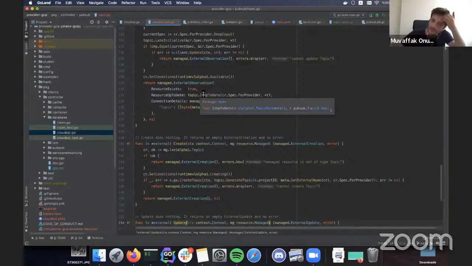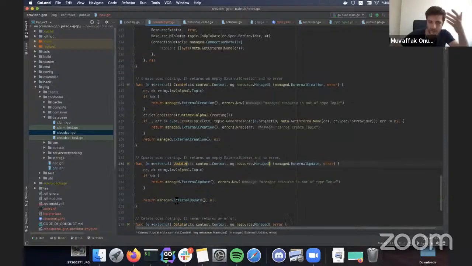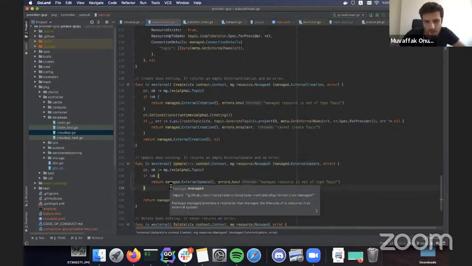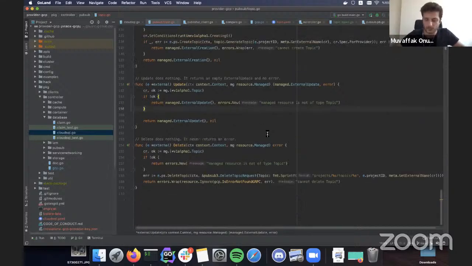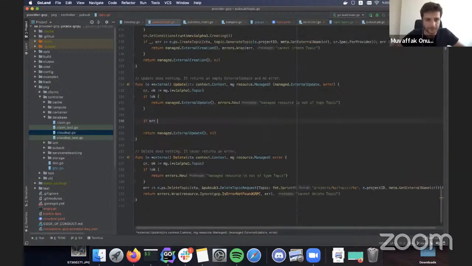So we will test it by changing a label on the spec. In fact, right now, if we change it, nothing will happen. So we will make it happen. Update.